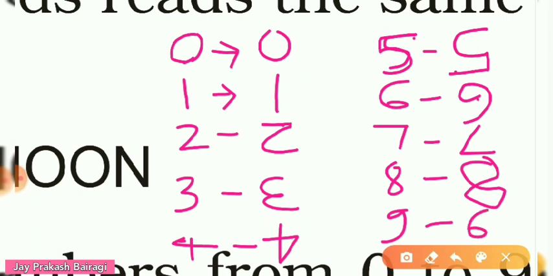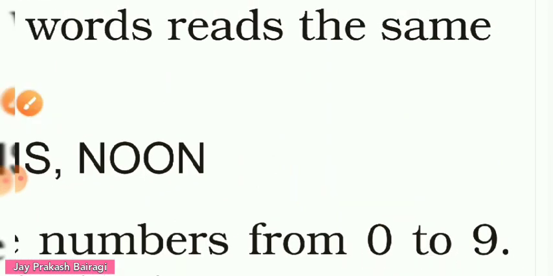So here you have the half turn pictures of the numbers from 0 to 9. Here you can identify that 0, 1 and at last 8, means 0, 1 and 8, these three digits look the same as their half turns. So we can say from 0 to 9, 0, 1 and 8 look the same in their half turn.